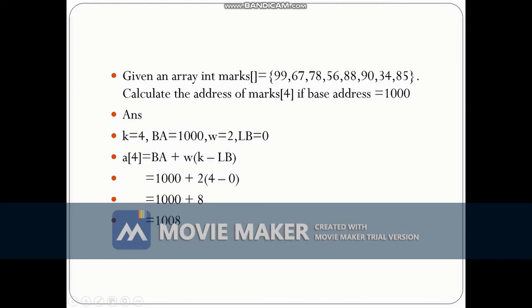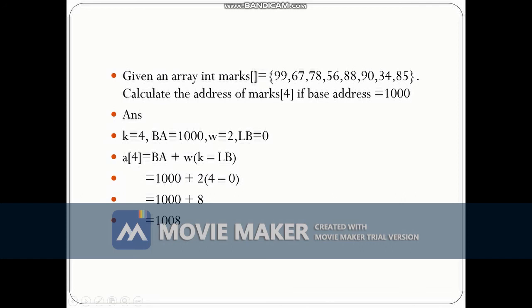The k value, we already know, is 4. Now the lower bound. The lower bound means we are starting from 0: 0, 1, 2, 3, 4, 5, 6, 7. So 0 is the starting index, the lower bound, and 7 is the upper bound. So here we write 0. Then do the calculations, so 1008 is the address of the fourth element.